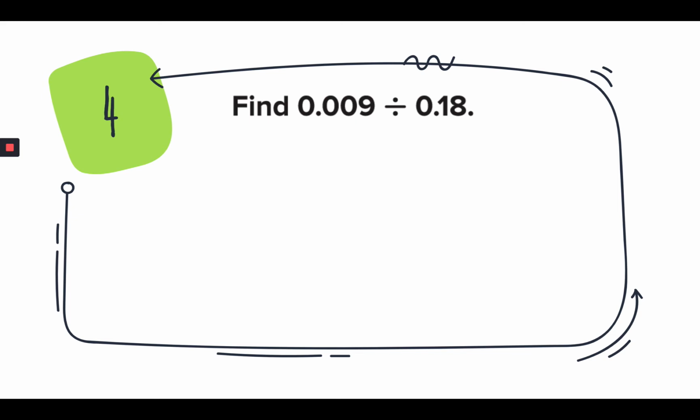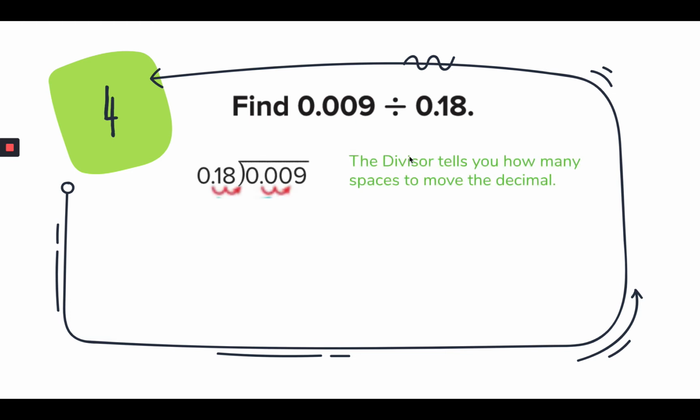Okay, this looks intimidating, but it's not. Remember, the first number is the number that goes in the box, that's your dividend, and the second number is the number that goes outside the box, that's your divisor. So it looks like this. You move your decimal over 2 spaces because the divisor has 2 spaces. So now I'm going to get 0.9 divided by 18,